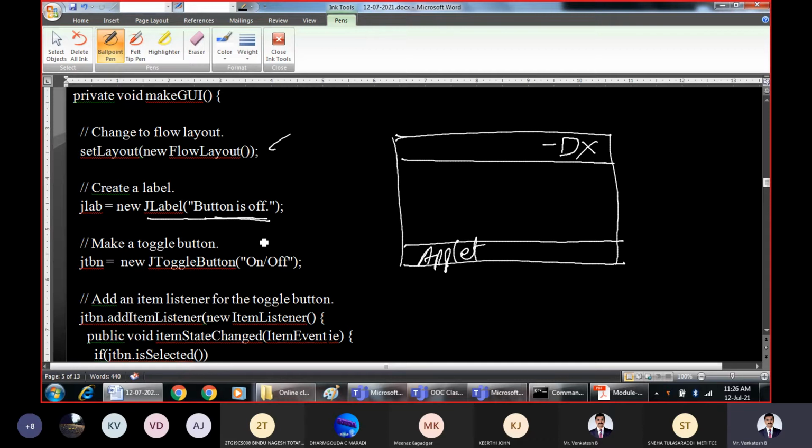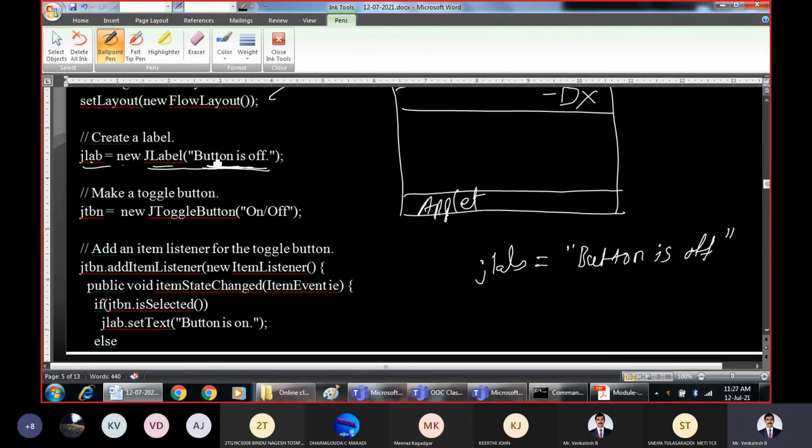By default, we are starting with the fact that button is off, and we are creating a new label. And what is the string being passed to the label? Button is off, and that is assigned to the JLabel. So JLabel is containing some string called button is off.